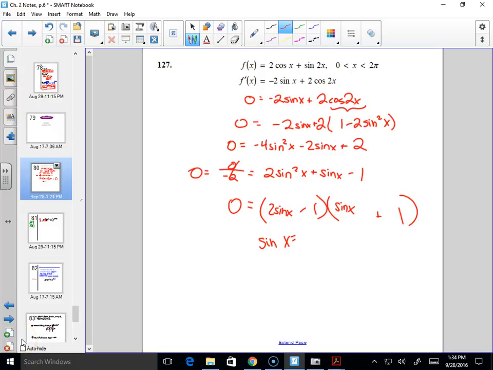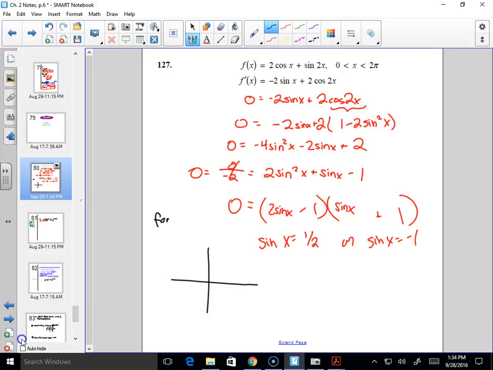127 was hard and I'm helping. So, sine of x equals, long story short, sine of x equals 1/2 or sine of x equals -1. Done! Not quite. We gotta go to the unit circle and say, where is it, and I think the problem